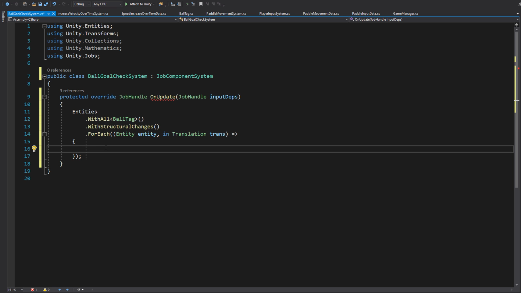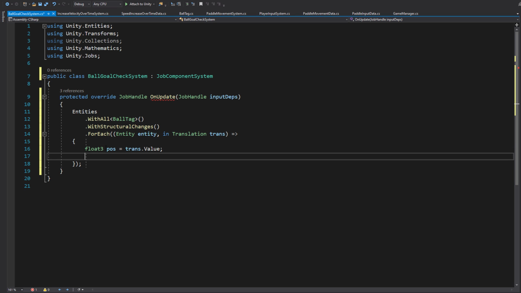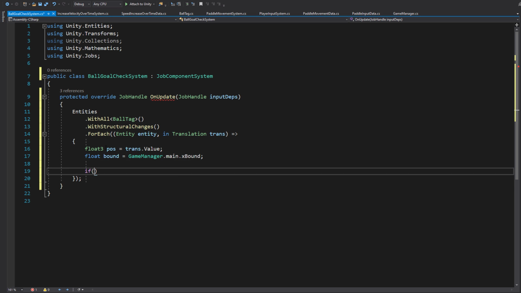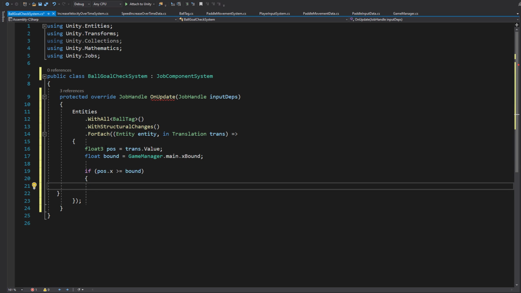What are we actually doing with this? Well, I'm going to say float3 position equals translation.value. So that's going to be the position of this entity. And then we'll say float bound. So what's our boundary? It's going to equal game manager dot main dot xbound. There we go. And so now I'm going to say, if my position dot x is greater than or equal to my bound, so if I'm all the way to the right, then